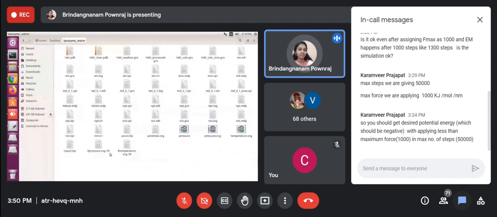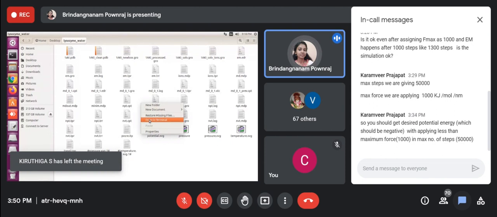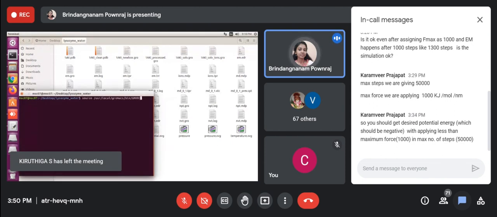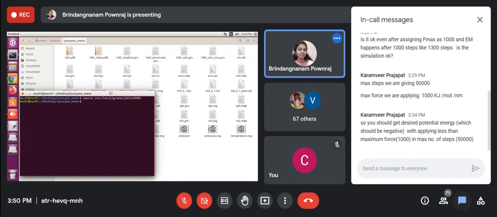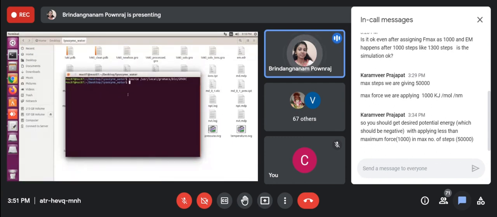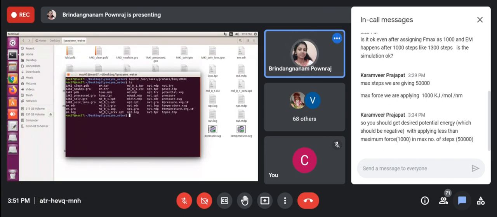So I will show the output here. Here I already completed the MD production also. So right click, open terminal, then give source. First, I will tell you what output files you will get. Do ls. Okay, I already did the